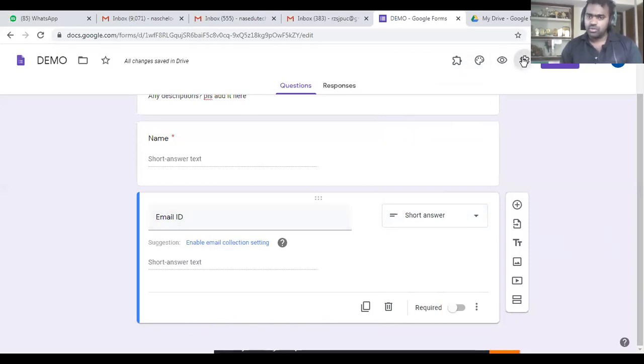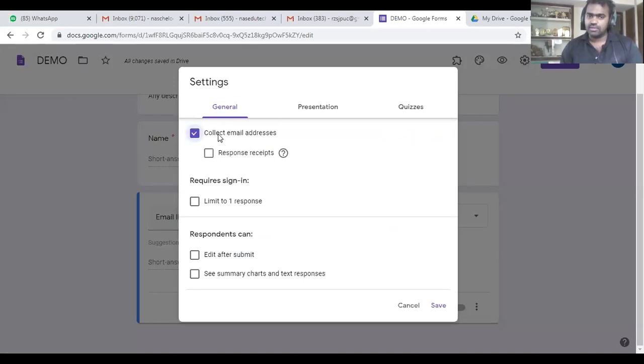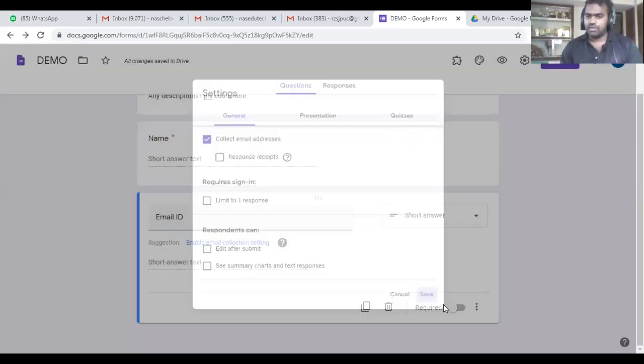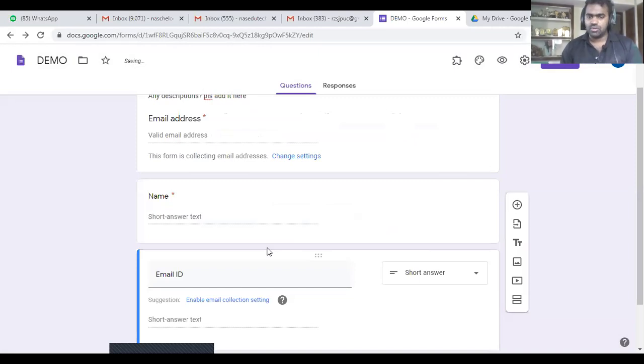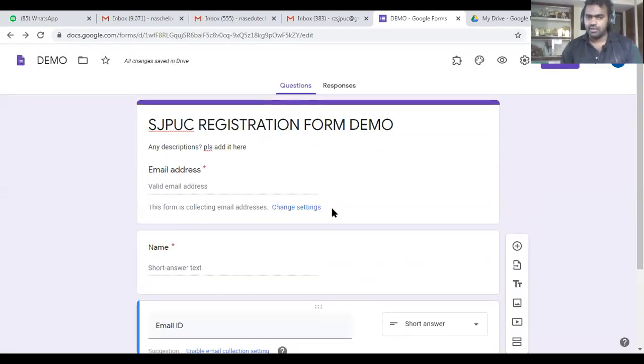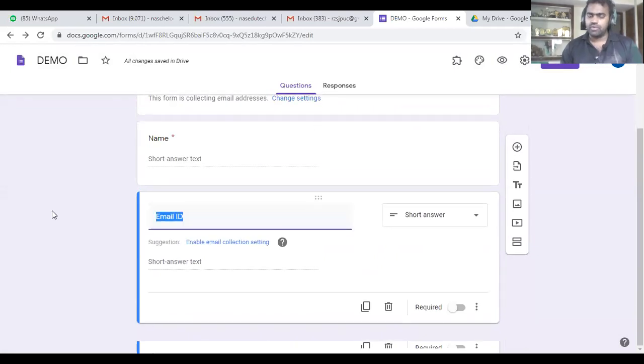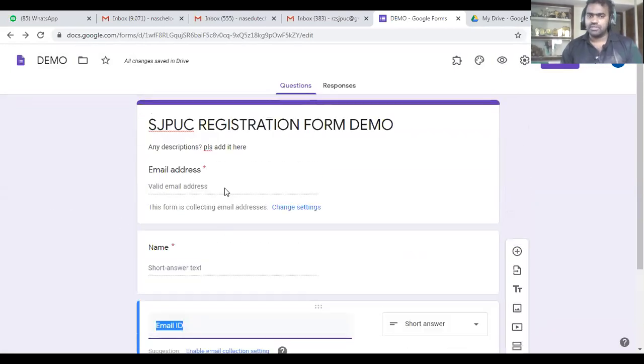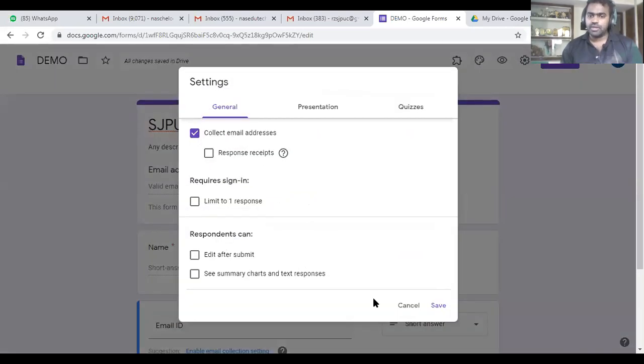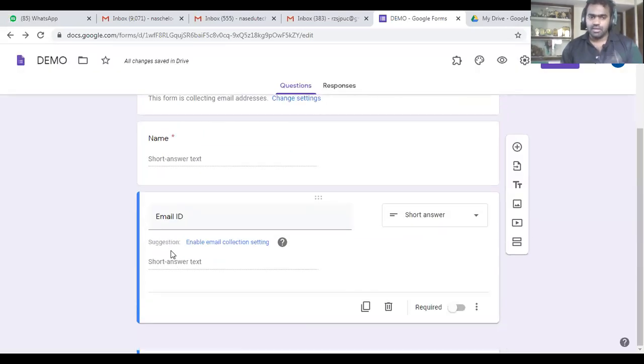Actually, you have to go to settings and enable collect email address, so that would be already added here. The first field would be their email ID. No need of asking for email ID again, since you have enabled collect email address.